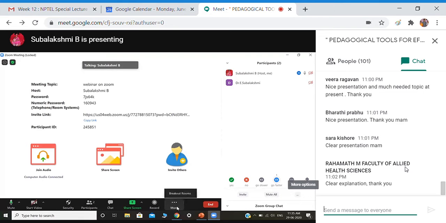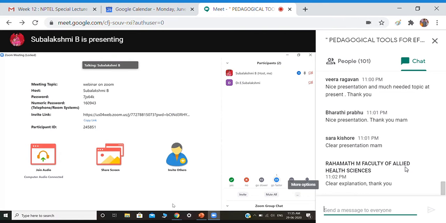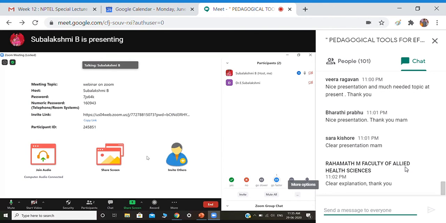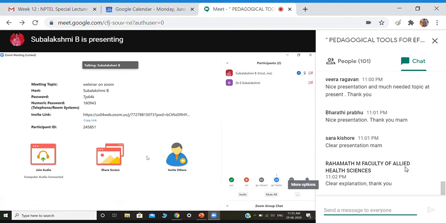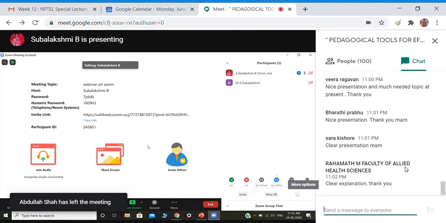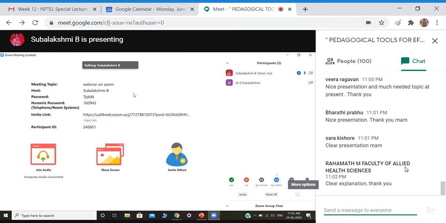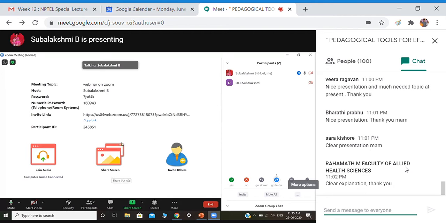Here, if you click on more, you will get an option, live on YouTube. If the participants are more than 100, you can go for a live stream on YouTube. Also, Zoom offers another special feature called attention tracking. Attention tracking will show you for how many seconds the participant has gone out of the Zoom screen window. And also we have the attendance record in the paid version. A report will be generated showing the list of participants, when they joined the meeting and when they left the meeting. So these are the options, features and attributes of Zoom.